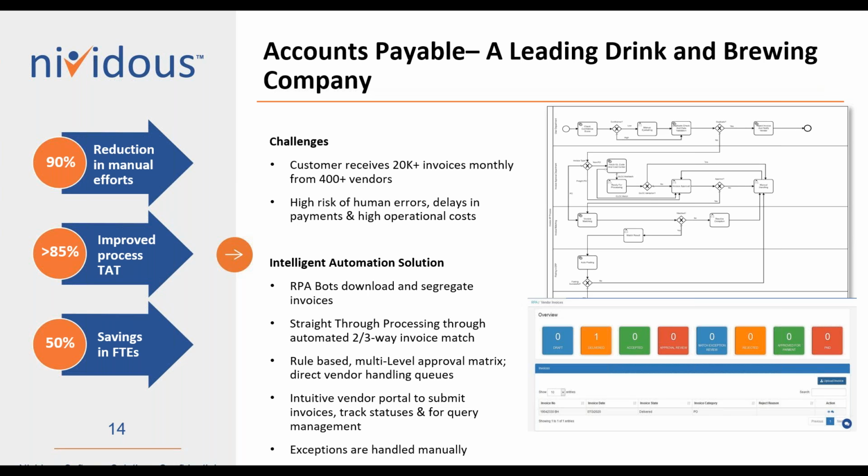So the other parts of this process that we have in place are being able to route things for approvals and doing two-way and three-way matching if you have this tied into some other systems that can also bring in like the packing slips or shipping information to compare that against and against the POs.